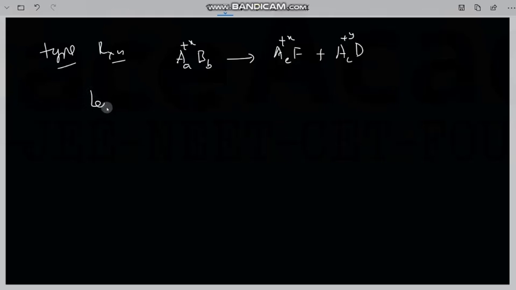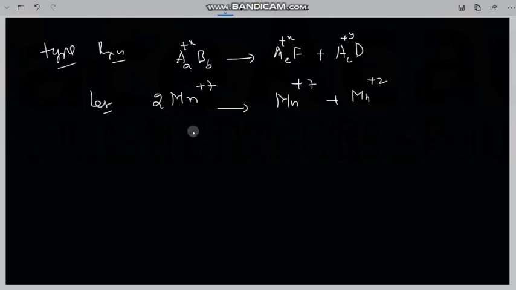Let us take an example for this type of model. We have 2 moles of Mn plus 7. If that is changing into Mn plus 7 and Mn plus 2, what is happening here? Manganese in the reactant is plus 7. In one of the products it is exhibiting the same oxidation state, and the other product is exhibiting a different oxidation state of plus 2. So in these compounds we have the different oxidation states plus 7 and plus 2 obtained.